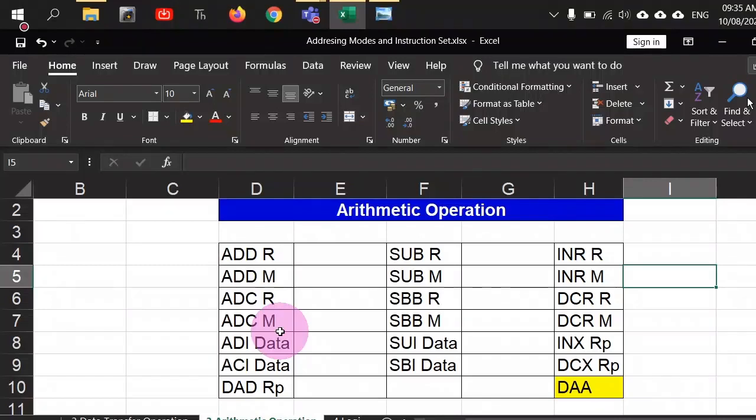So by addition, can you also imitate subtraction? Is there any method to imitate subtraction by using addition? Yes, sir, by adding its complement. Yes, you have the method of ones complement, twos complement, or in general r's complement, where the addition operation can be used to emulate the subtraction operation.